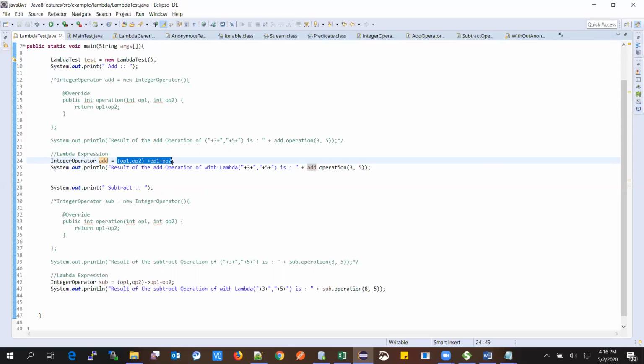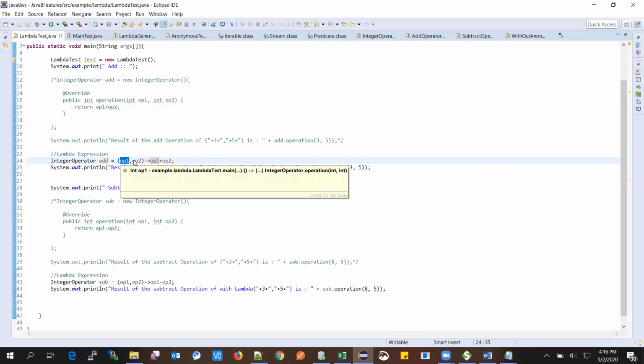That can be anything; I need not know the name of that method. As it is only one but has two arguments, I'm passing those two arguments, op1 and op2, and the functionality is op1 plus op2.